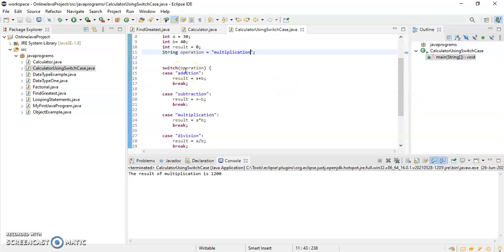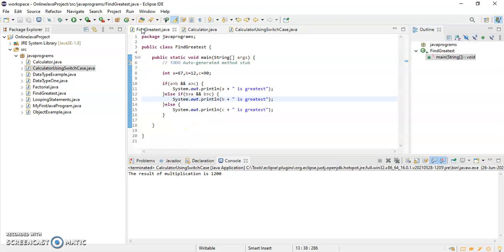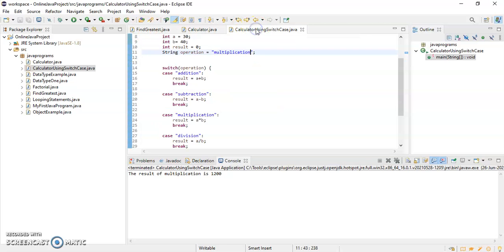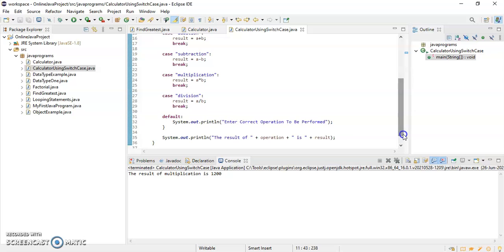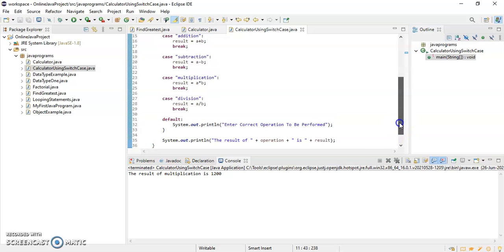So what it is doing is, after it finds the operation, it directly jumps to that particular case. Unlike if else if, it is not going through each and every statement. It directly jumps to its particular case statement, performs the operation, and comes out of the switch, out of the conditional statement, because here we are breaking it, right?